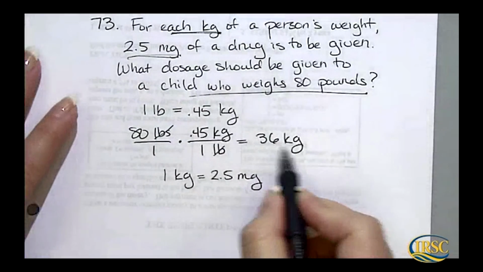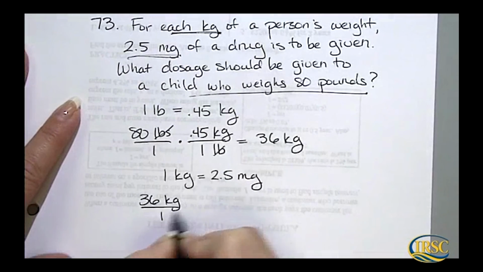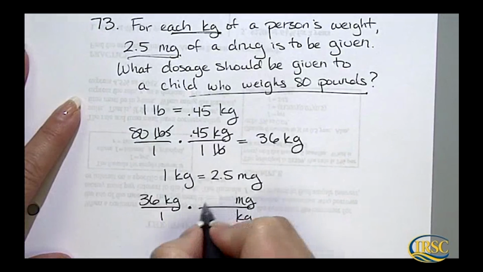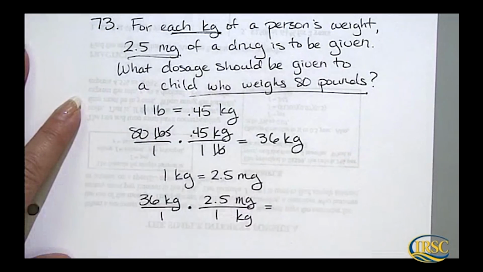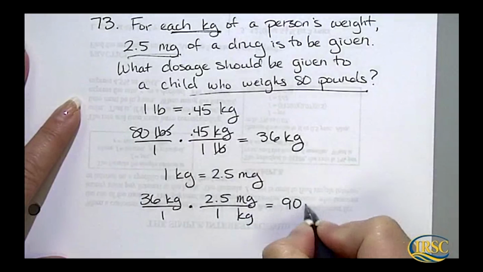So now we're starting out with 36 kilograms over 1. So kilograms had to automatically go diagonal, showing that we have 2.5 over 1. So then multiplying by 2.5, we get 90 milligrams